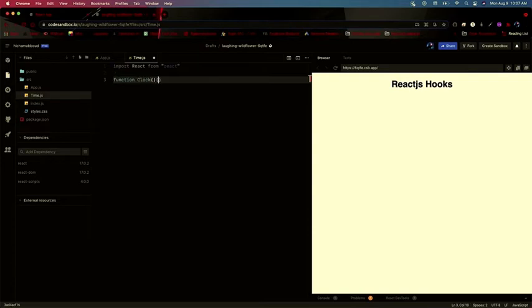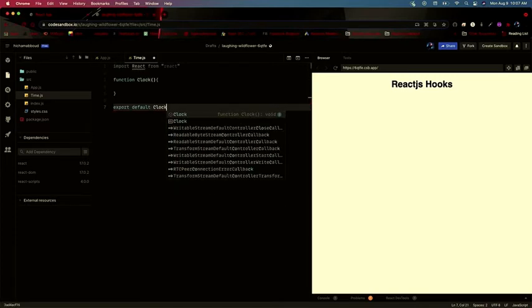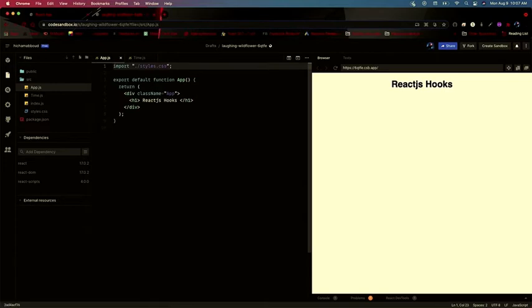And then here I'm going to export default clock. Then I'm going to go back to app.js and I'm going to import